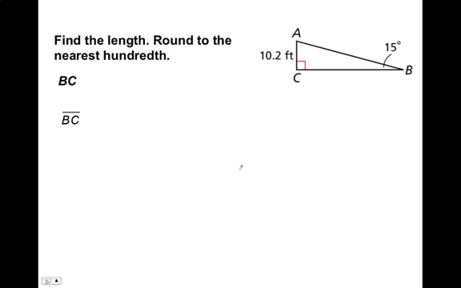So now if you notice, they want us to find the length of BC. We know we have an acute angle of 15 degrees. We have the opposite side, the adjacent side. Well, which of the trig functions in SOHCAHTOA uses the opposite and the adjacent? If you will notice, that is the T, tangent. So we're going to have the tangent of 15 degrees